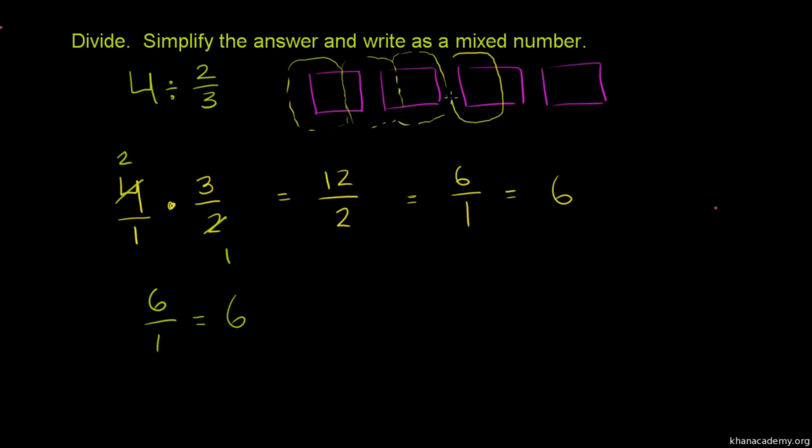That is that right over there. Then the next group will have 1/3 from here and 1/3 from here. That'll be 2/3. And then the last group will have 2/3, the leftover on this box right here. Now, how many groups of 2/3 do we have? We have 1, 2, 3, 4, 5, 6. So we have 6. 4 can be divided into 6 groups of 2/3. So it's just like regular division, sometimes a little harder to visualize because we're dealing with fractions.